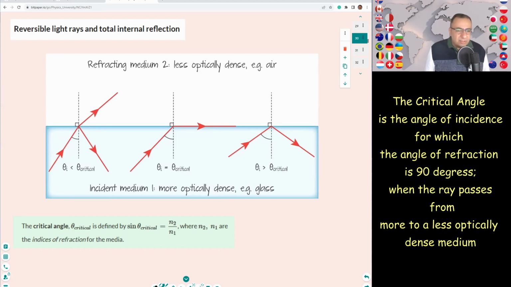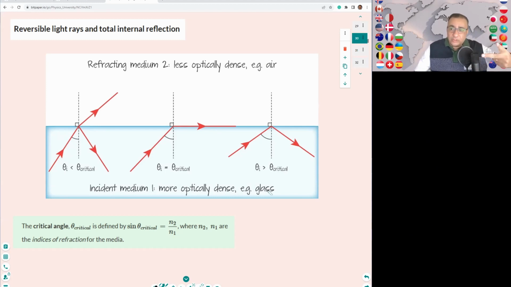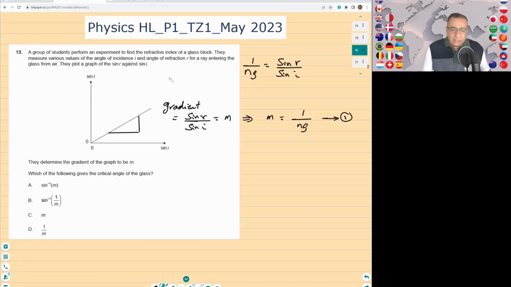Here n1 is going to be the glass. So the incident medium here is the glass, so it's not from air. This time we're going to switch. So the ray has to pass from glass to air. Okay, so let's apply that. So again, Snell's law, but from glass to air. So n1 over n2, I'll rewrite it again,